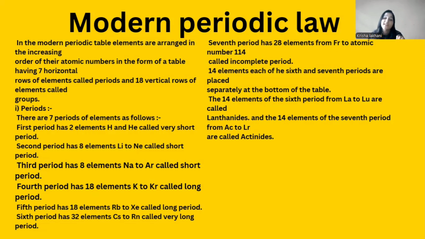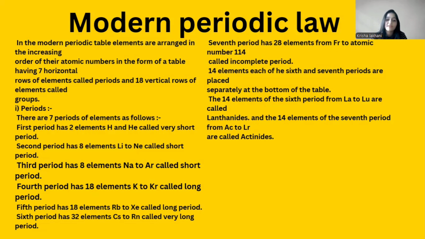Always remember, the electronic configuration will be 2, 8, 2 because the atomic number is 12. So it will be 2, 8, 2, that is 2 plus 8 is 10, 10 plus 2 is 12. There is one more thing they can ask: what is the valency of this element? I will explain once again what valency means ahead. But let's continue with this modern periodic table.